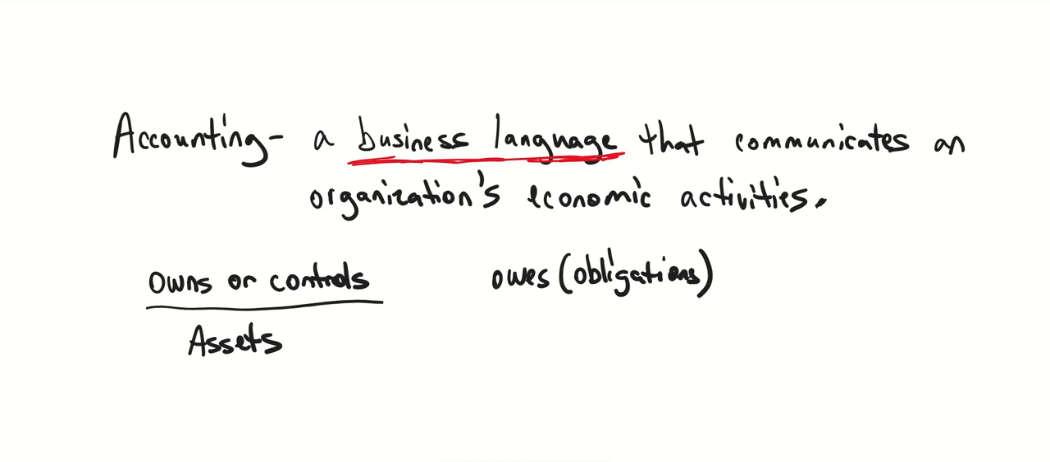Obligations, or what a business owes, that's known as liabilities. Liabilities are claims against those assets. In other words, a liability is a debt. It's something that you're going to have to take care of with an asset or with the resource. All right. So because it's claims against assets,